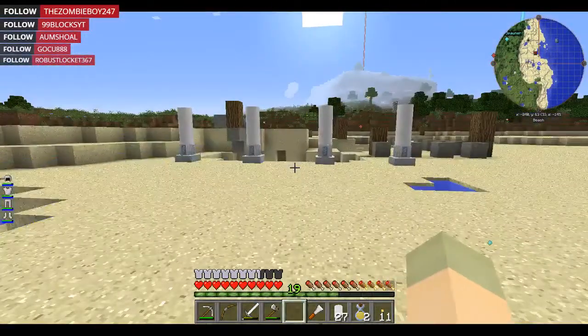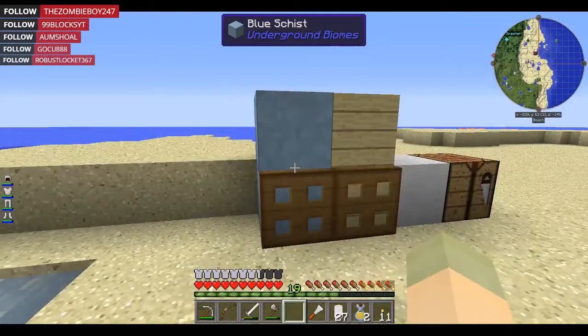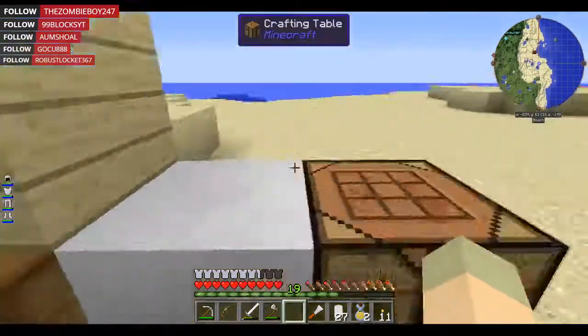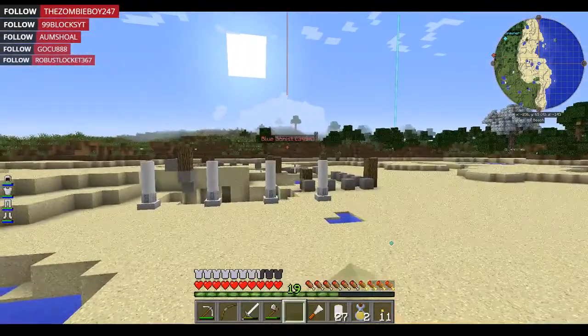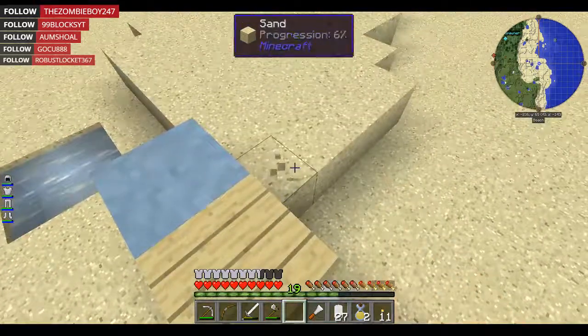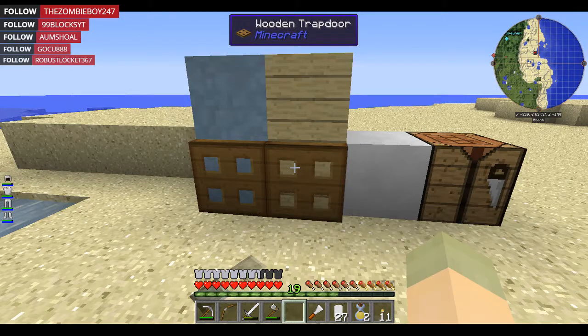There's that. I want a contrasty block. These two look... Unfortunately, birch is probably what I'm going to go for the decks. I'm going to do birch. Blech. So surprised, but it works with the sand and it works with the blue schist. So we're going to do that. Contrasting block. Contrasting block. Maybe...